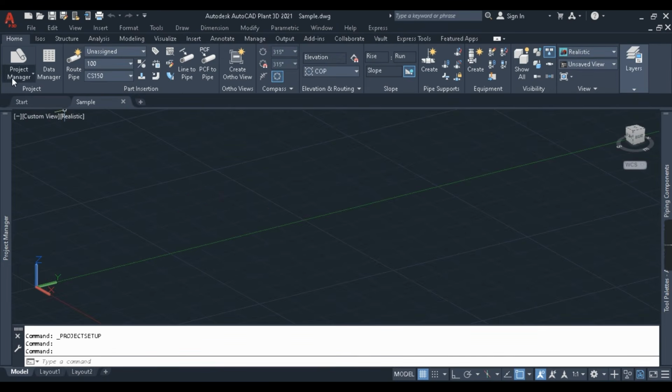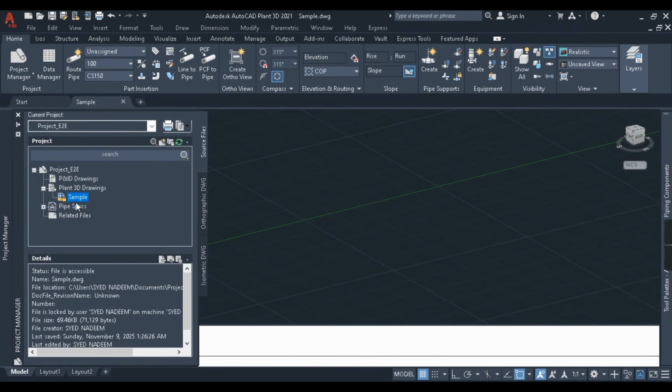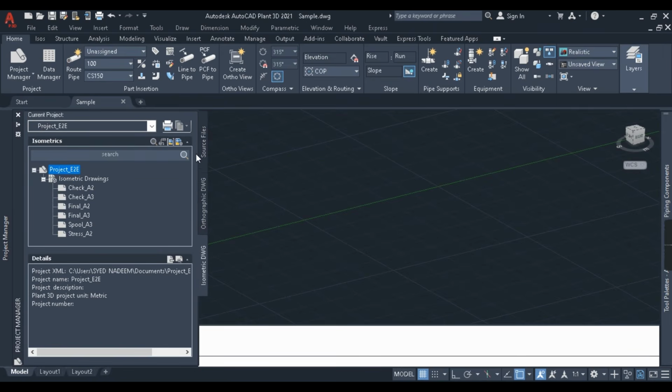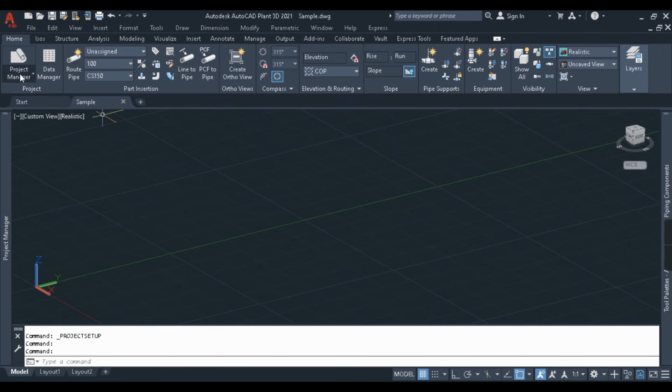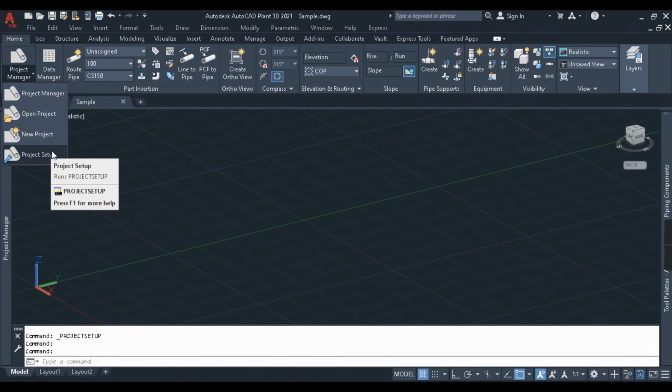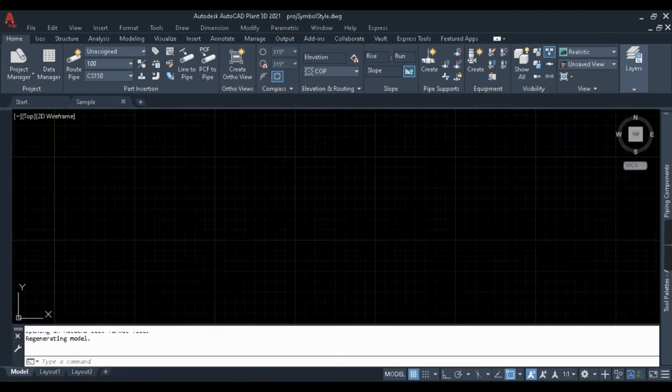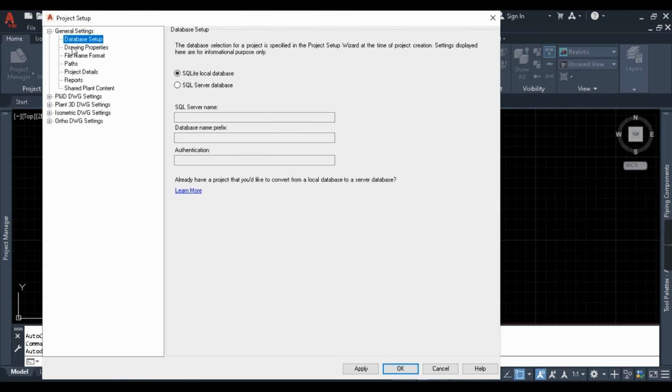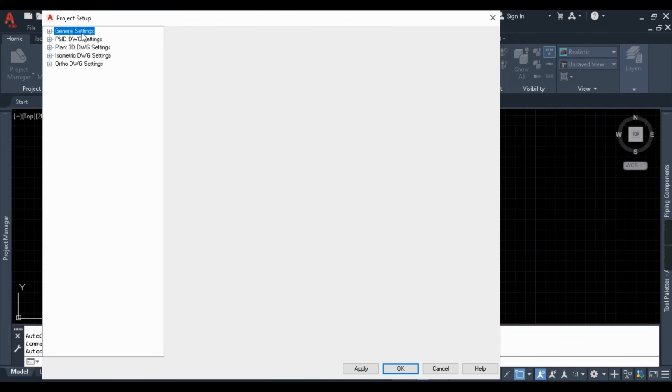So as I told you in the beginning, I'll show you how to change the default paths which we had given in the initial state, like where our isometric and our orthographic drawings are being stored. To change the default paths which we had set up in the beginning, we have to go to the project manager, then go to project setup from here. Let us wait. Okay, my setup is open. So here we have general settings, P&ID, Plant 3D, isometric, and orthographic settings. We'll be learning all these settings one by one. So for today, we'll be learning the general settings